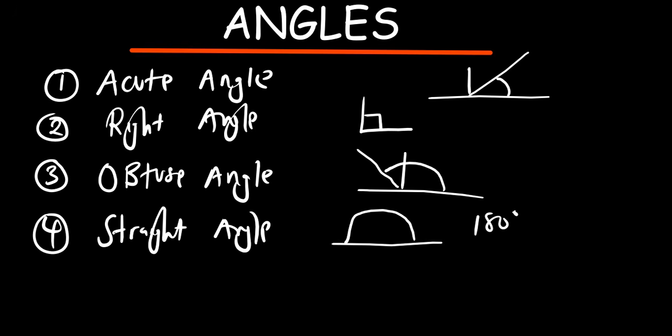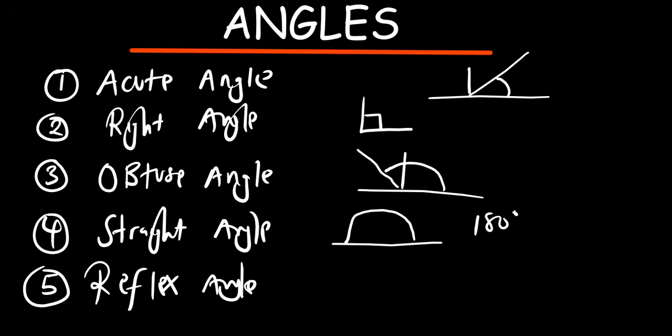Angle. Then there's also an angle that is greater than 180. That one is called a reflex angle. Okay, I can draw something like this, then it forms a reflex. So this will be called the reflex angle. So these are some of the angles that you're supposed to understand. But now, how do we measure